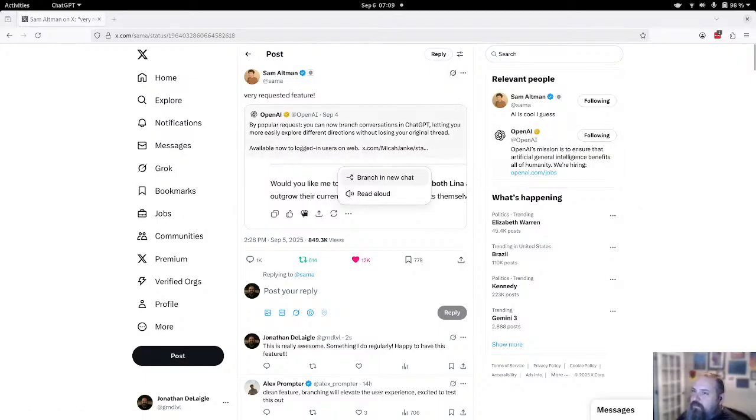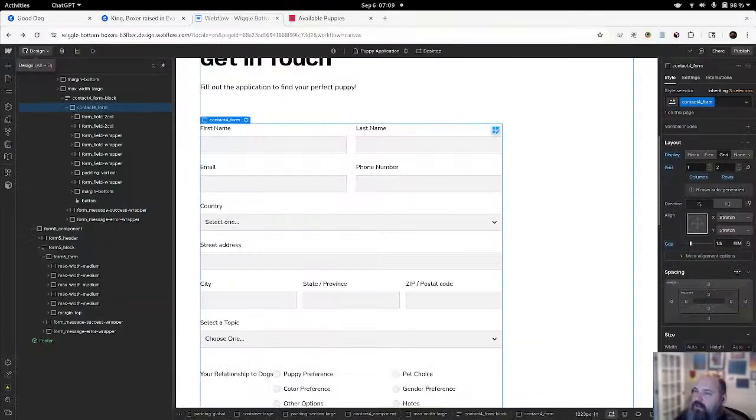I'm really excited for this one, because that is one of the most annoying things. I don't know if you've ever experienced that, but when you're working on stuff, you're going through, and that chat gets super long, and it's just ridiculous. Or if you just want to compartmentalize, go off on a tangent and explore that a little bit, but still be able to come back without having to think, oh wait, I wanted that information, and it's way up there. It's really annoying. I like it. I'm excited.